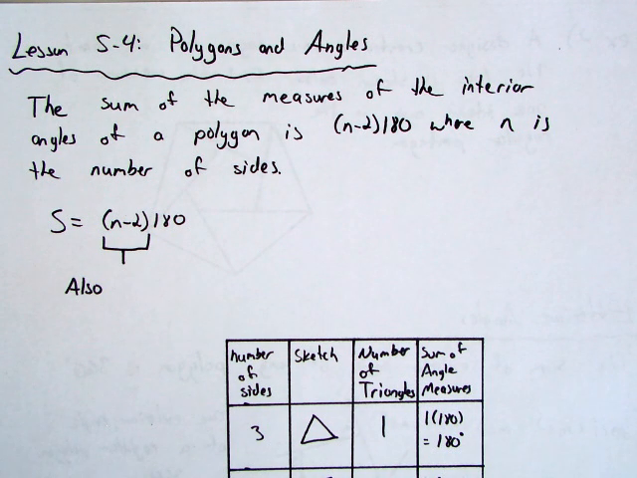All right, so today we're going to be talking about Chapter 5, Lesson 4. This is called Polygons and Angles. It says here